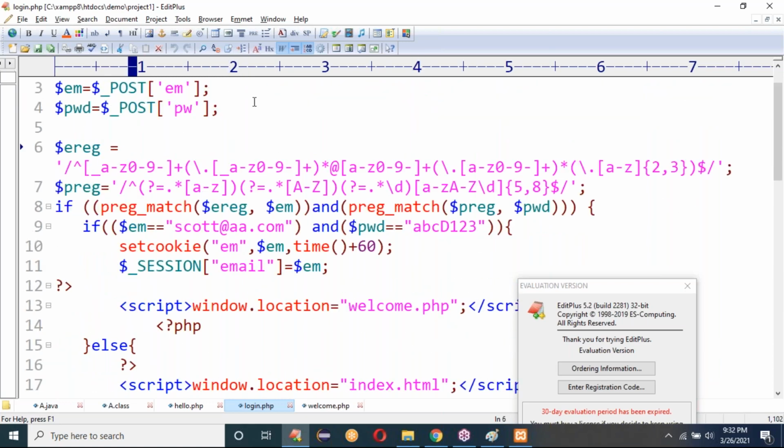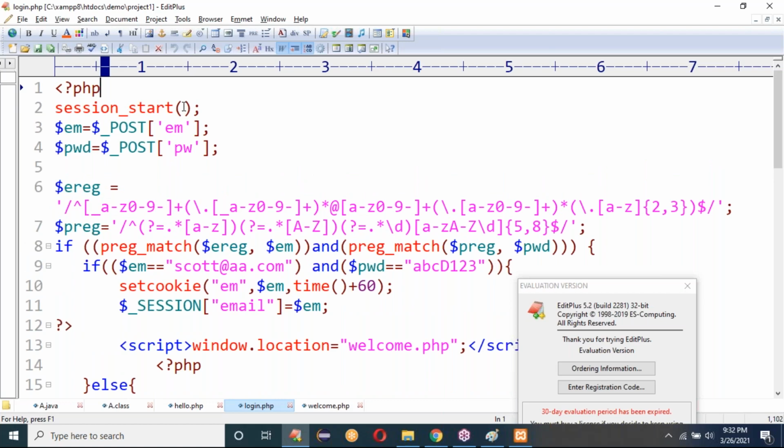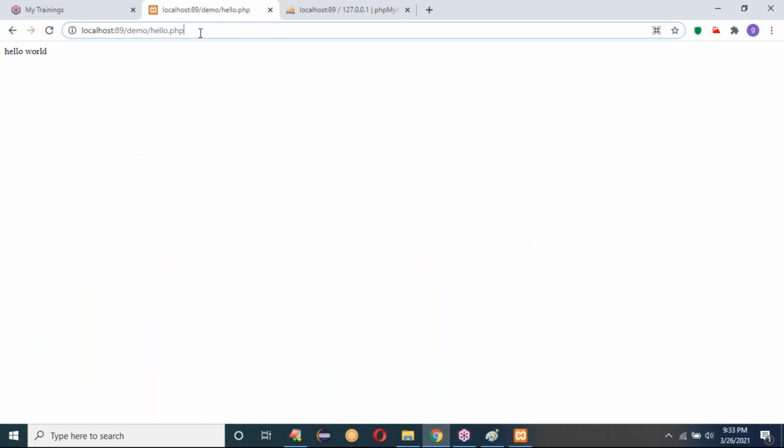We are reading the input from text boxes, creating a session and checking with a regular expression. If username and password match the manual check, username is Scott and password is this one, then only allow the login, create the session and redirect to the welcome page. That is our requirement.